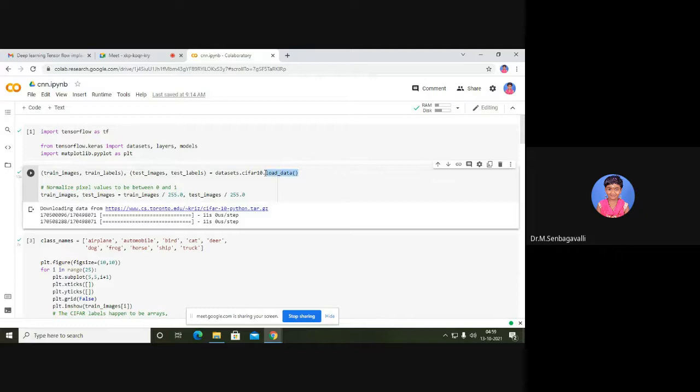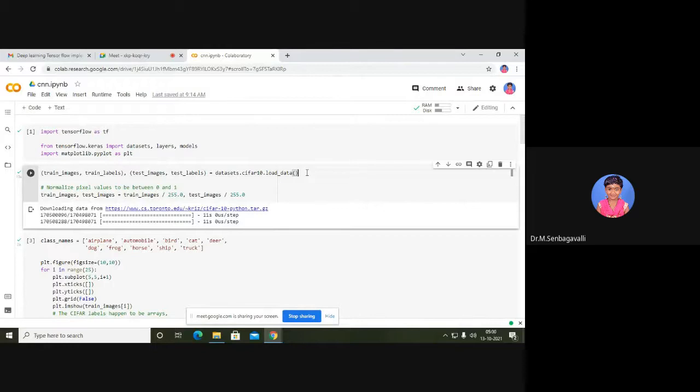Please note down, load data is a function with which we are loading the data from CIFAR10, which is available in the datasets class, because here you see we already included this particular class. From this we are accessing CIFAR10, and in that we are calling the function load data. Once it is done, the data set will be loaded into our application.